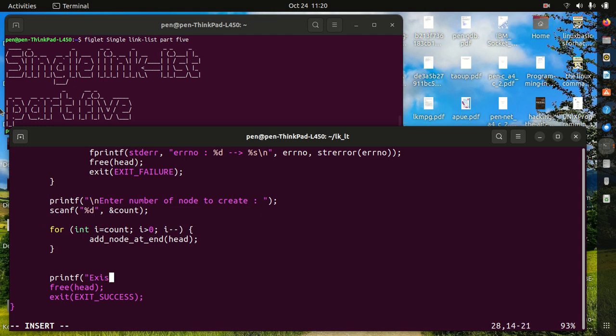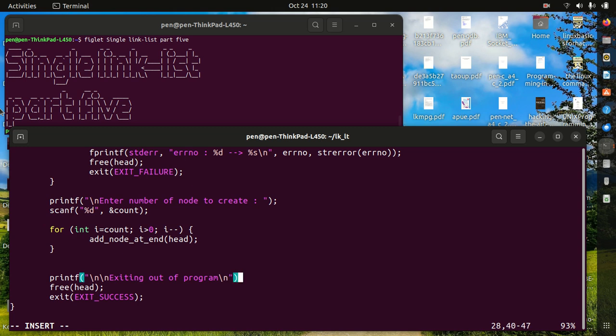Exiting, is it exiting? No, exit, yeah, exiting out of program. All right, I think that's nice. So \n\n. Then here we should have another new line here, one double quotes, and